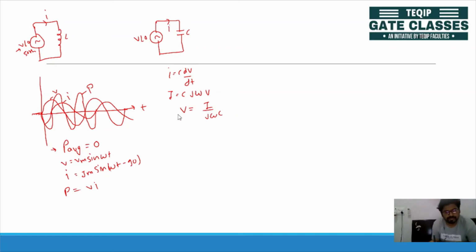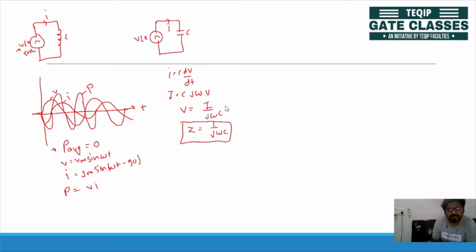From Ohm's law you know that V = I into R, meaning I into impedance. Then here your impedance will be 1 upon j omega C. So this will be your impedance for a pure capacitor. If you want to convert C into impedance in the phasor domain, you just have to write 1 upon j omega C instead of C. We'll discuss it later. So let's come to this. From here V = I upon j omega C.